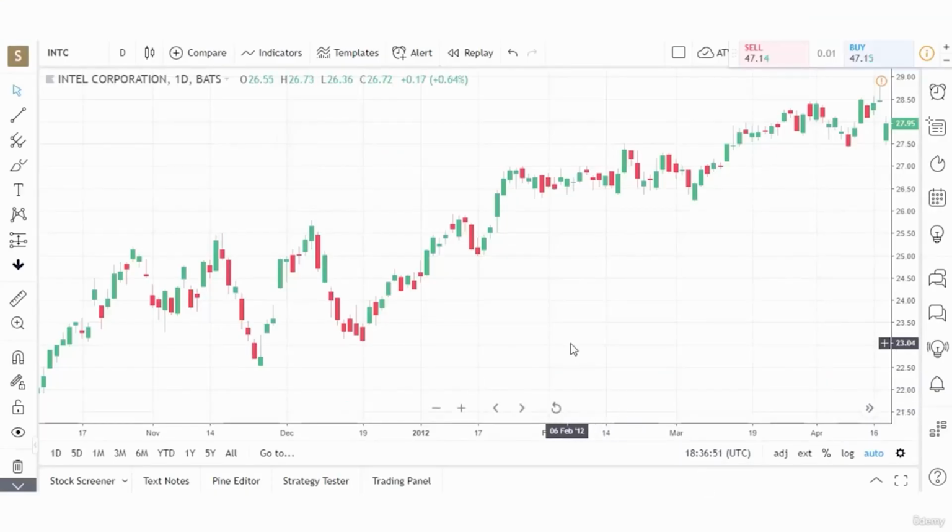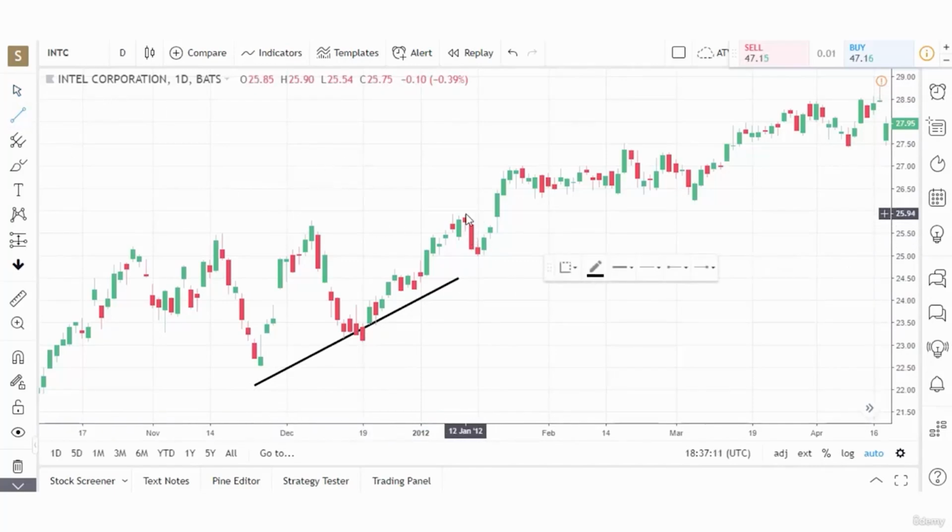Let's look at our first pattern, which is a flag pattern in the chart of Intel. Intel was trending up. So we have the stock in an uptrend. And we see a pullback in the uptrend here. That's the upper bound of the flag. And here's our lower bound of our flag. After this 3-day pullback, on the 4th day, the stock breaks the upper bound or the resistance